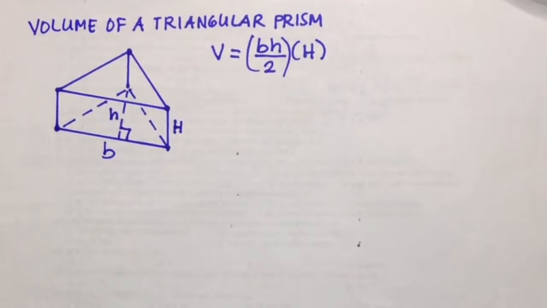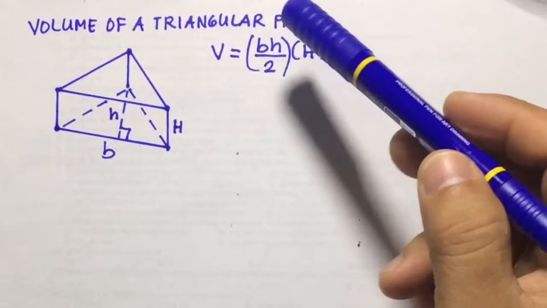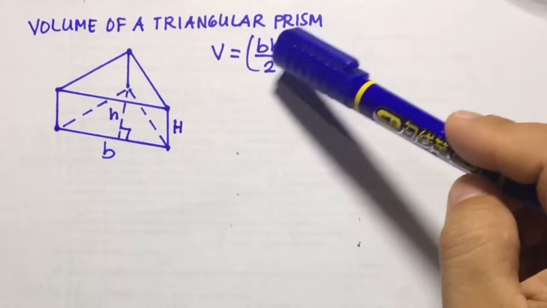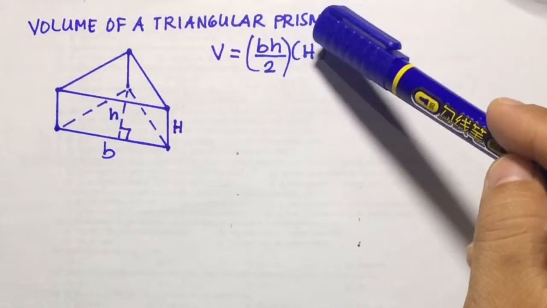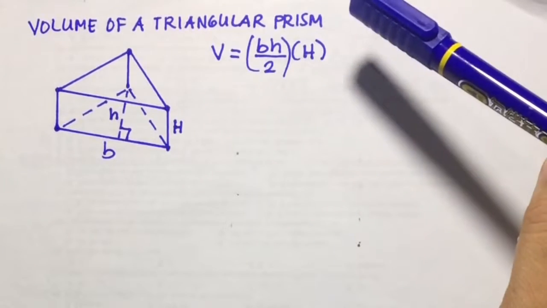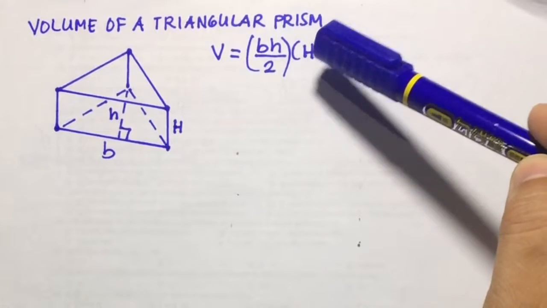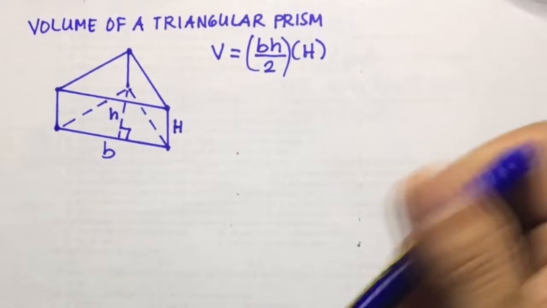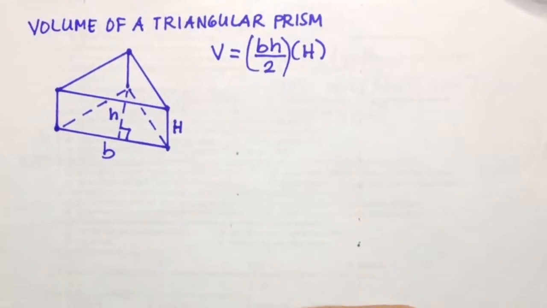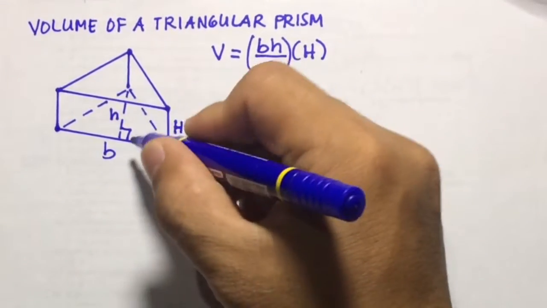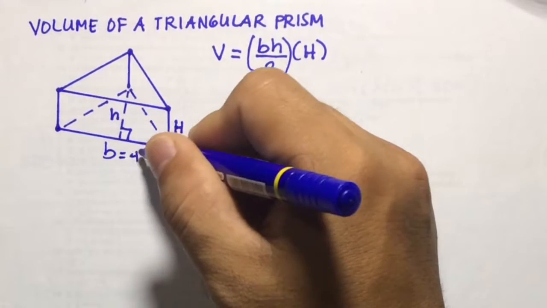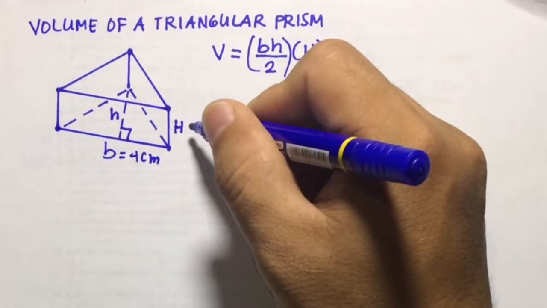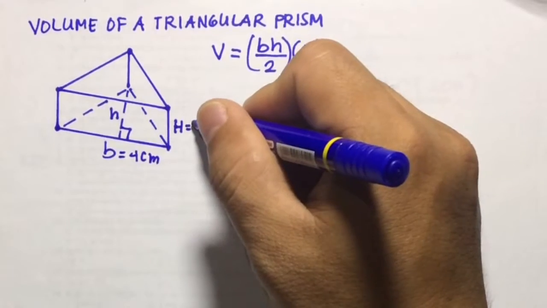Next is volume of a triangular prism. So volume of a triangular prism is given by base times height over 2 times the height of the triangular prism represented by capital letter H. Now, for example, if the base will be equal to 4 centimeters, this is 4 centimeters here, and the height here is 3 centimeters,